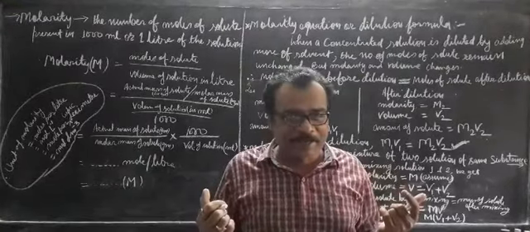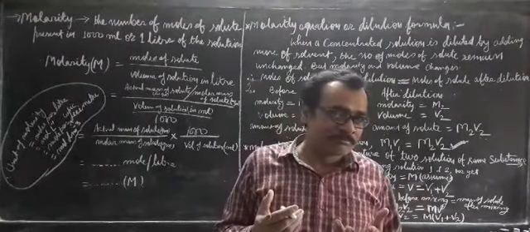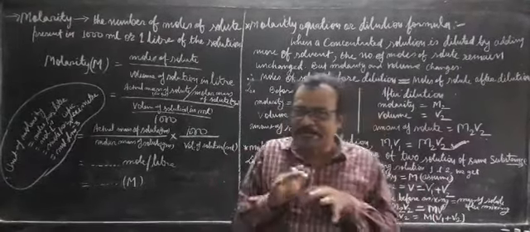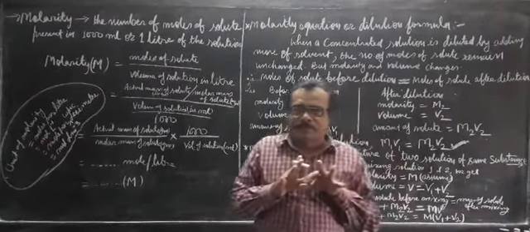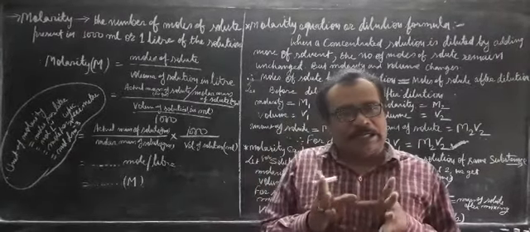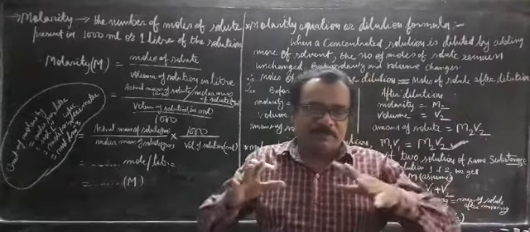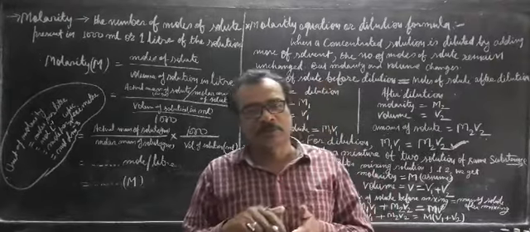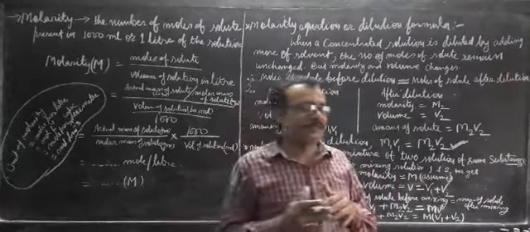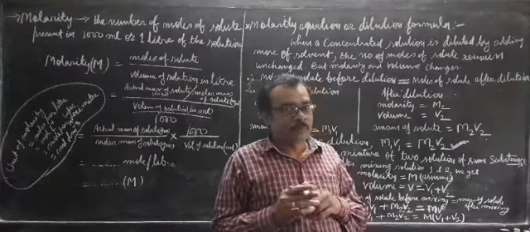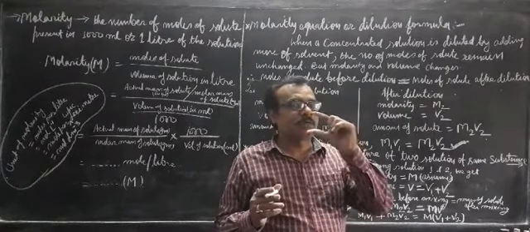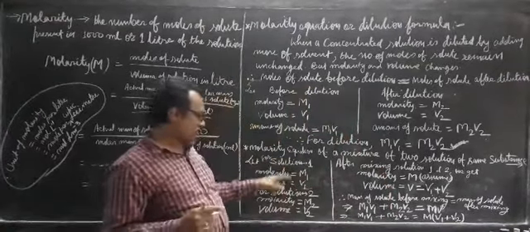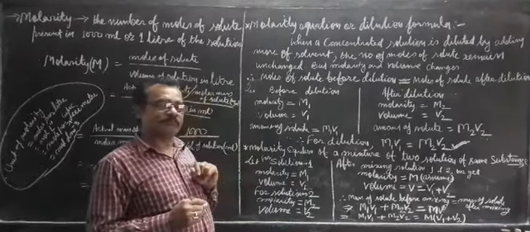So there will be a change in molarity. The molarity would not remain the same, but the total amount of solute would remain the same. So two different molarities are mixed with one another, and you will get a different molarity after mixing, and there is a change in the volume also. The number of moles of the solute as well as the volume are both getting changed, but the total number of moles of the solute before and after mixing will be the same.